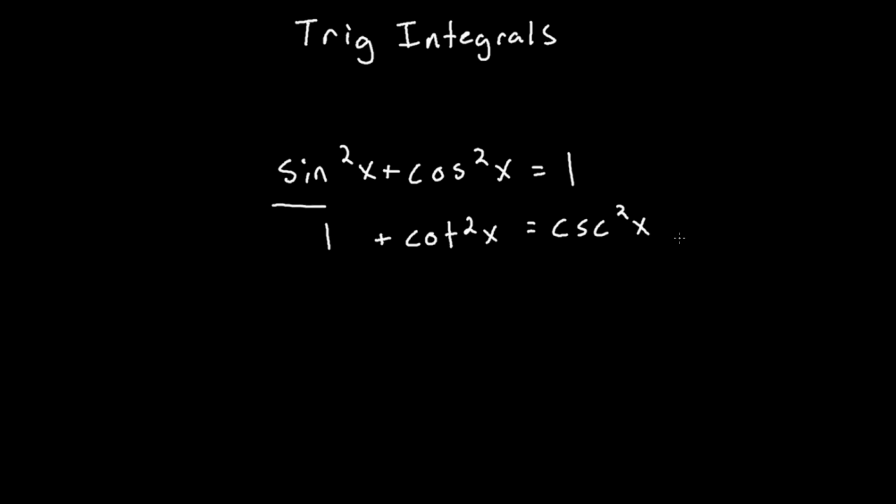All right, what if you divide everything in this Pythagorean identity by cosine squared? Well, if you divide all the terms by cosine squared, you get sine squared divided by cosine squared, which is equal to tangent squared. Cosine squared divided by cosine squared is 1, and 1 over cosine squared is secant squared. So these are going to be useful,